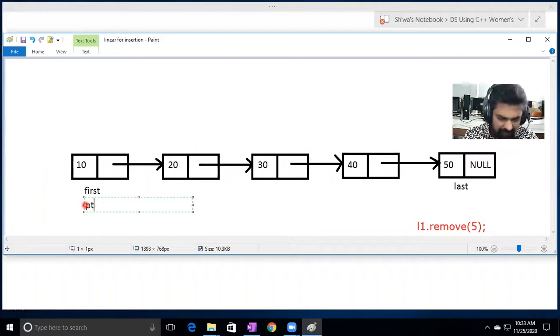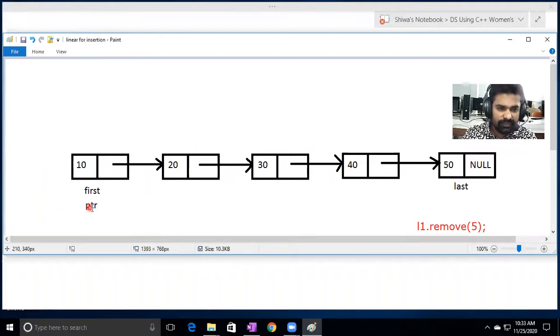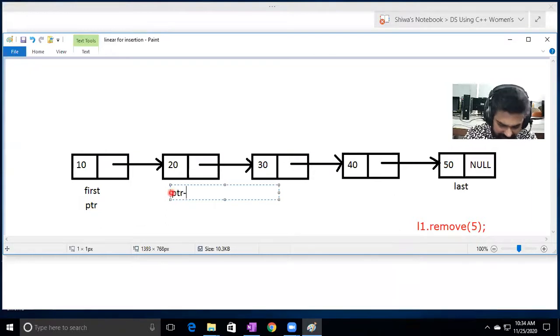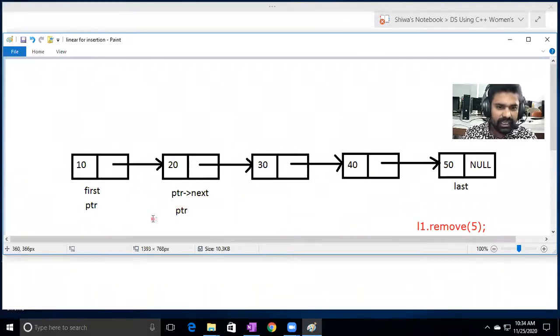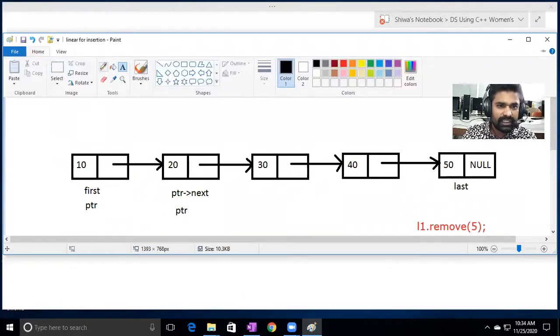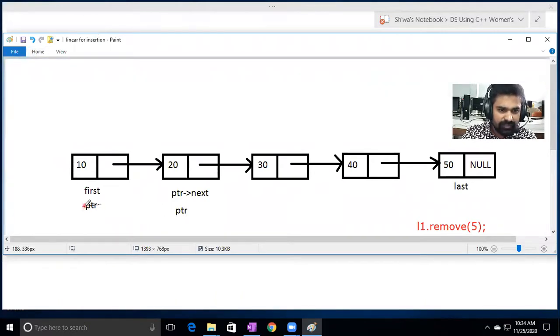If this one is the pointer, this one is pointer next. Next time this pointer next should become the pointer. So now this one is not the pointer, this one is the pointer. We are making first's pointer next as the pointer now.